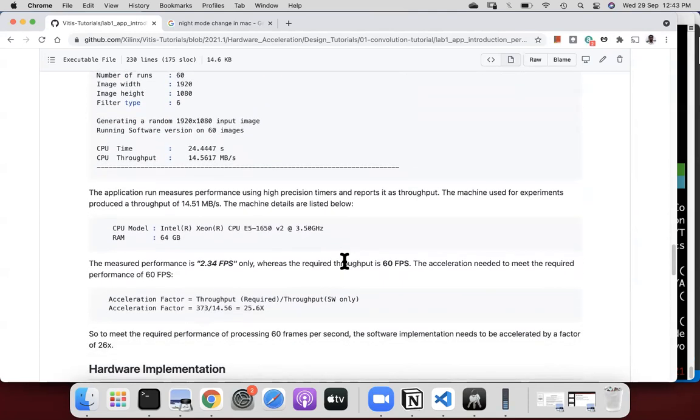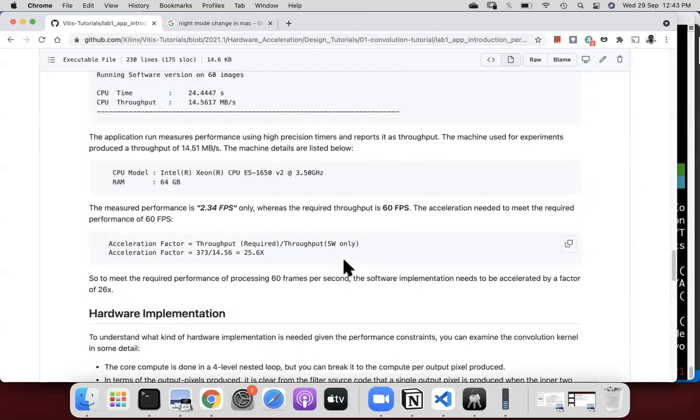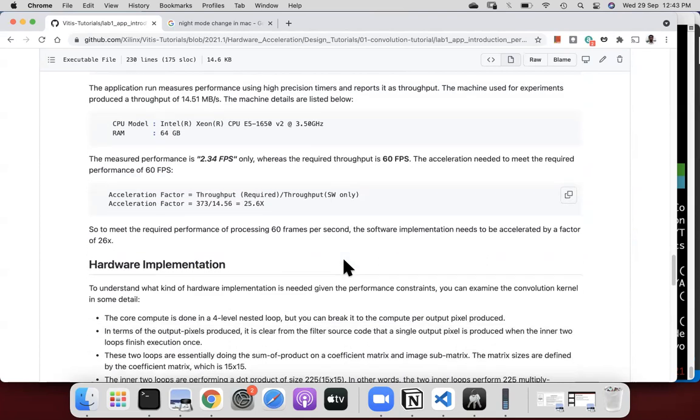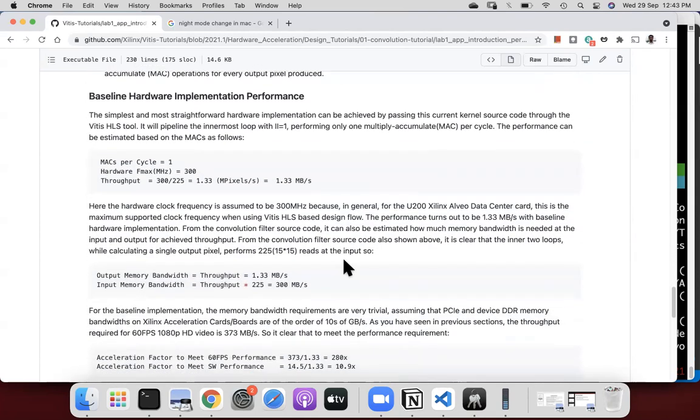You have seen the CPU code, and in the CPU, let's say, there is a 4D loop. In the outer 2 loops, we iterate over the image. In the inner 2 loops, we perform a dot product operation.